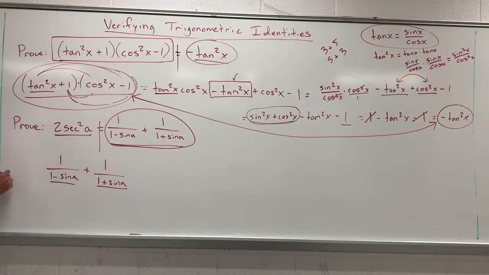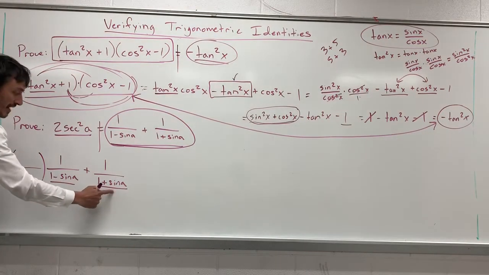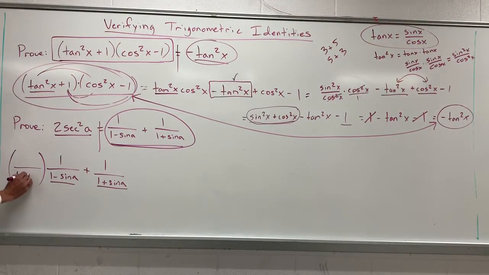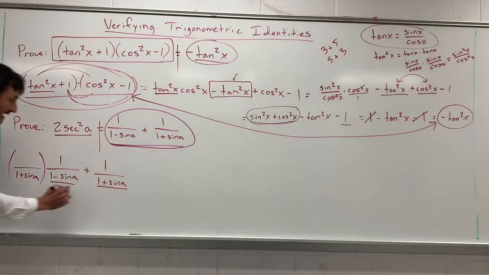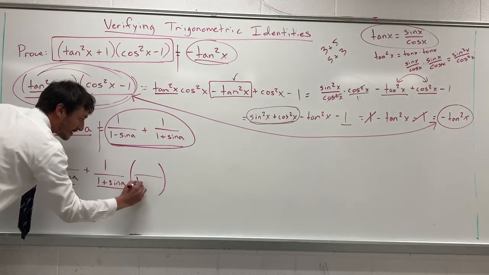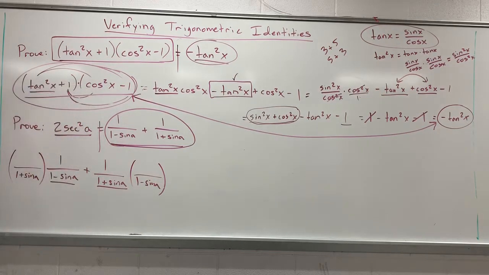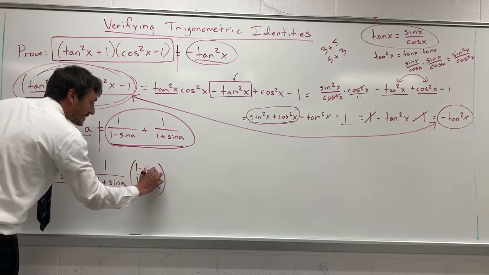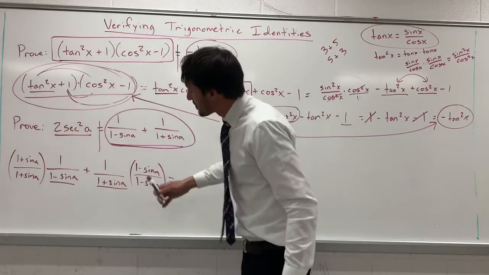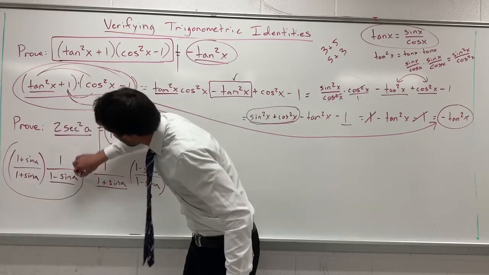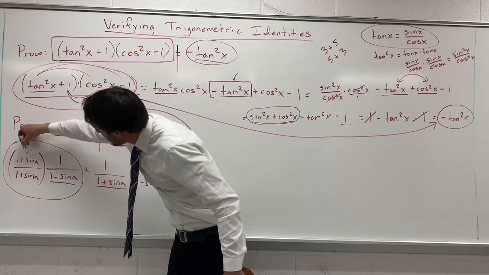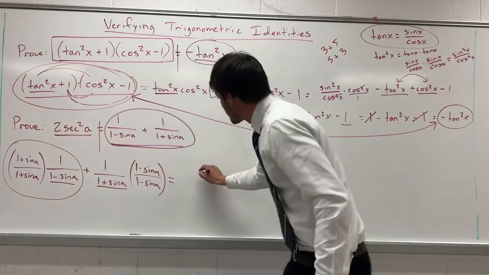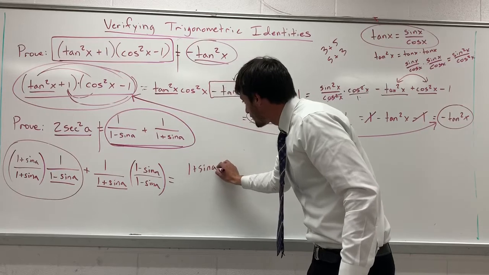And so to get these to match, we are going to have to literally multiply the left denominator by the right denominator. So what are we going to have here? 1 plus sine of A, and the right denominator is going to have to be multiplied by 1 minus sine of A. And if we do this to the bottom, we have to also do this to the top on both fractions. Now this is going to give us, notice that we're now going to have to multiply these two fractions together. 1 multiplied by anything is the same thing. So 1 times 1 plus sine of A is going to give us 1 plus the sine of A over,